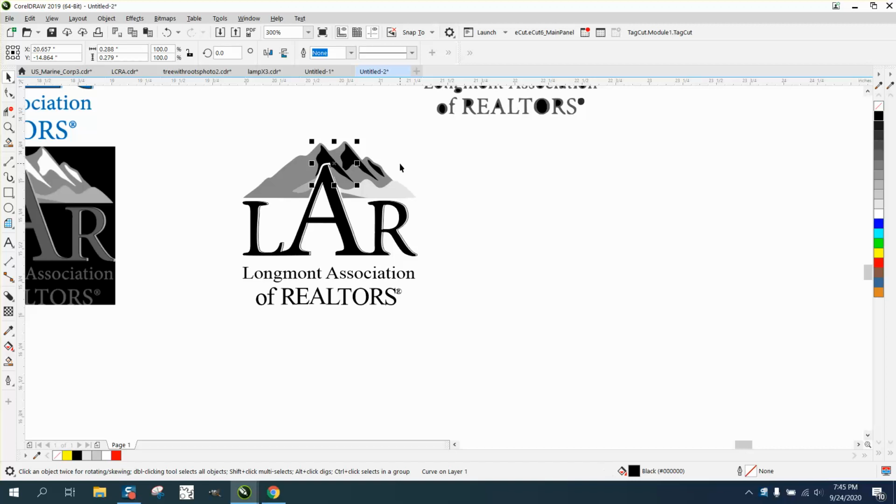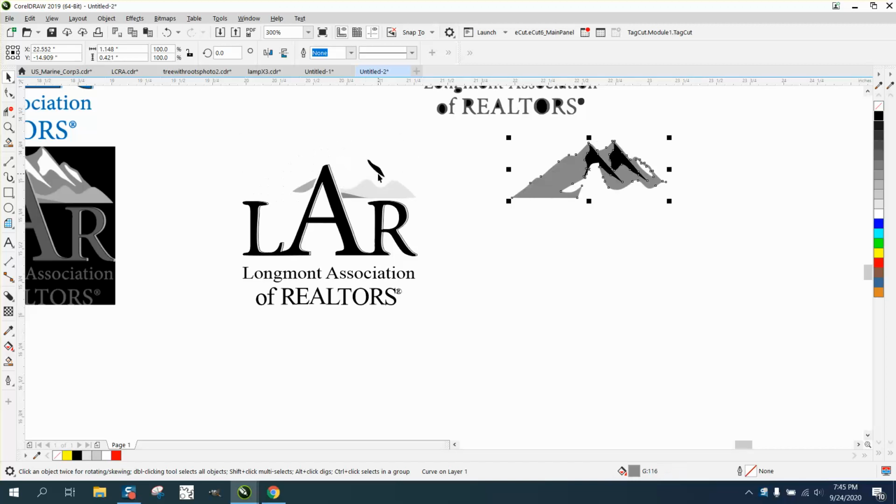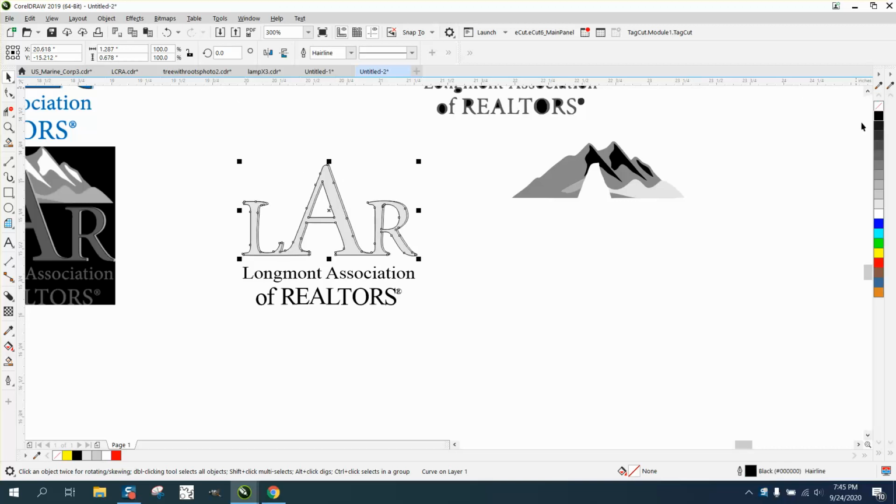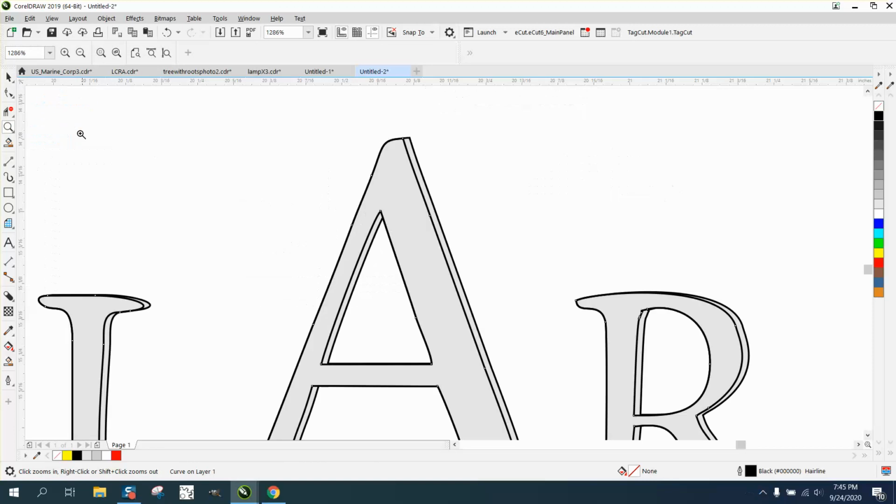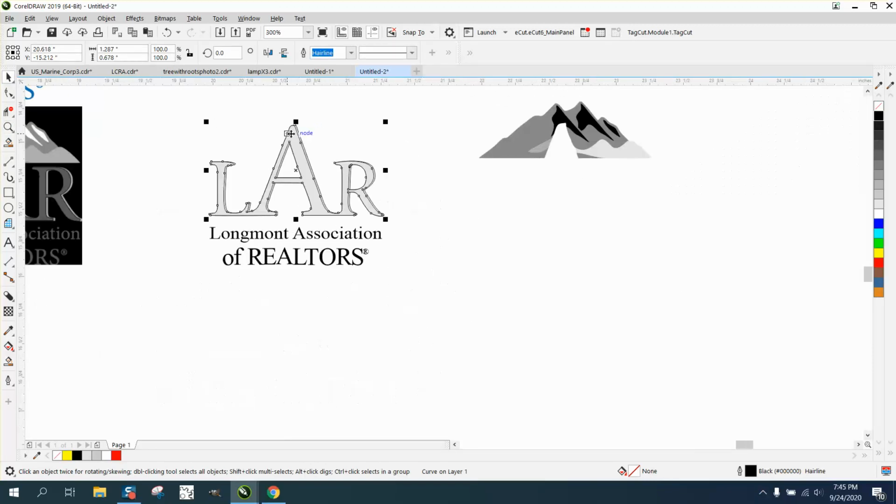So we're going to nudge it over and do like we did before. Get all the parts to group it together so it'll work. Control G and group that together. Now we're going to take our item and we're going to left click, right click, and you can see it's still a pretty cool effect. But we need to contour this a little bit bigger so it's further away from the mountain and gets this